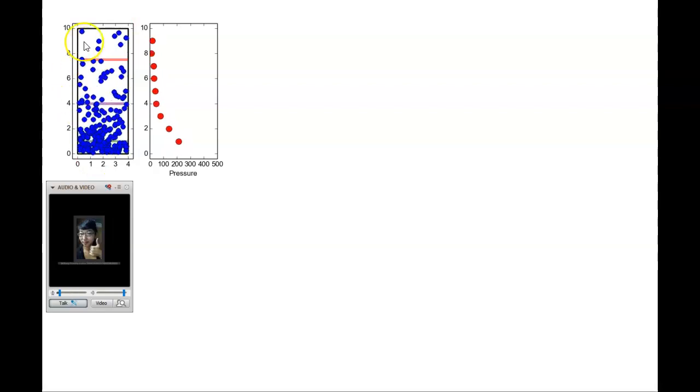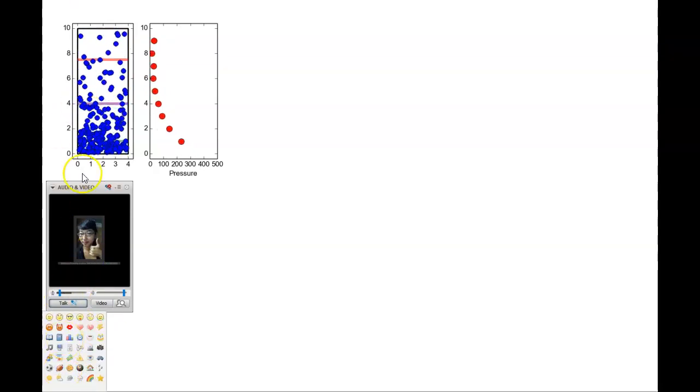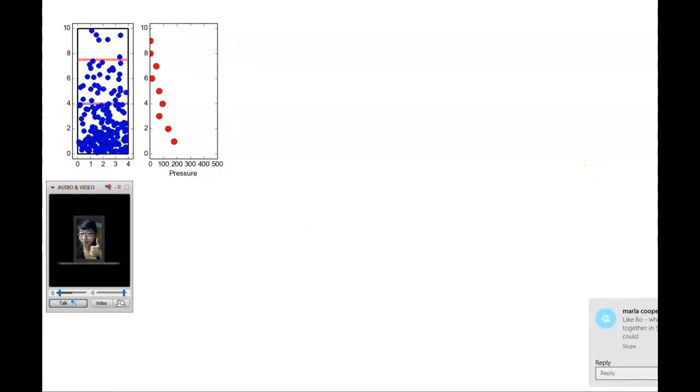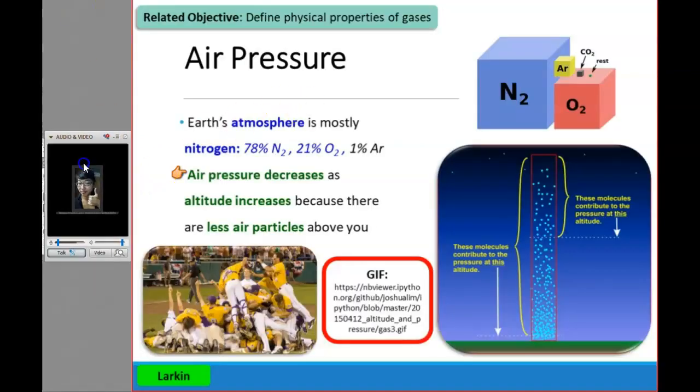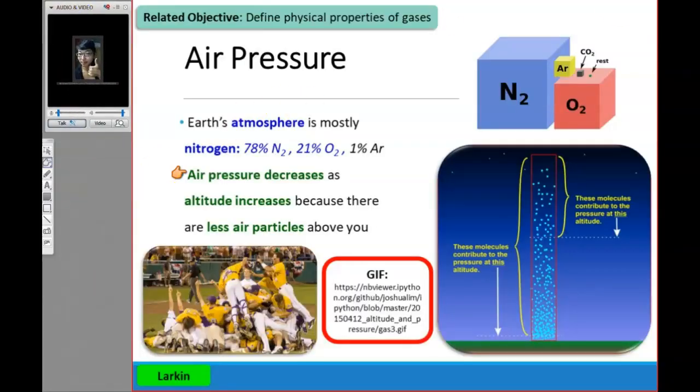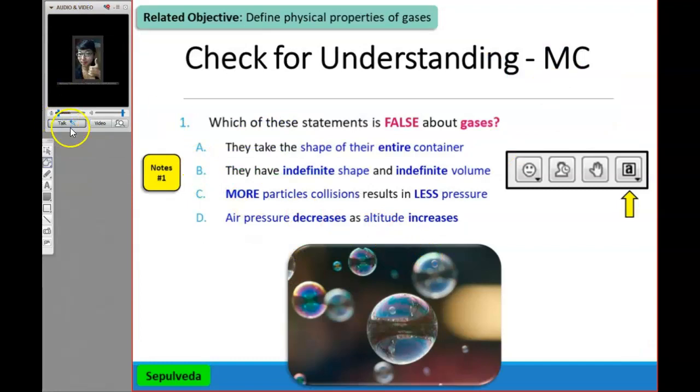Awesome. Now closer above 8, are there a lot of particles above 8? No, and so there's less people. These are like the people on top of the dog pile, and so you're not feeling as much pressure, but at the same time, you're not being squished together, so there's not as much air for you to breathe. Go ahead and give me a rainbow if this GIF makes it make a little bit more sense. All right, now that you're actually seeing it in action. Perfect. All right, cool.